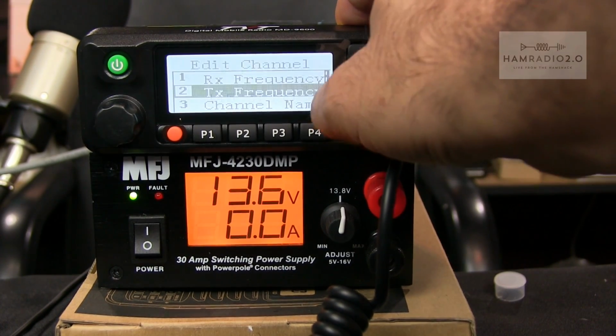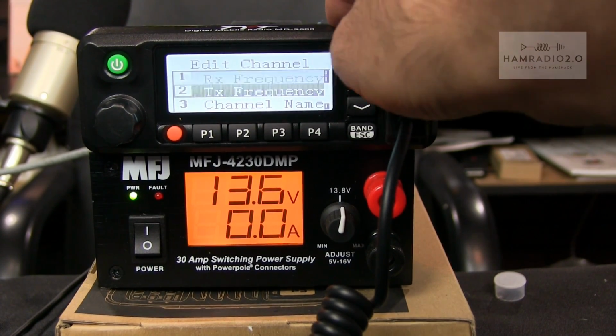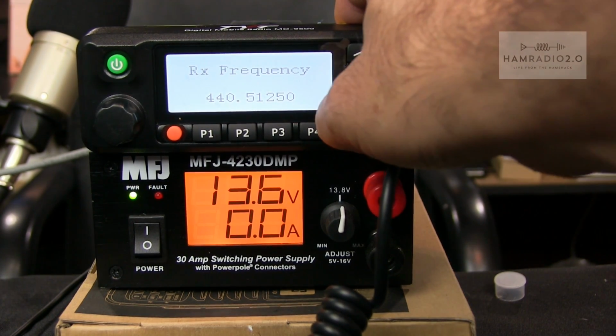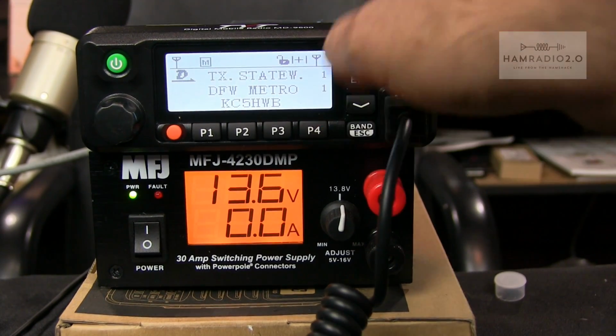Yeah, these are correct. So if you go in here to your program radio to a previously programmed channel and these frequencies on UHF say 450.0000, that means you're locked. That means it's locked to the FCC standard. So all you do to get rid of that, I should say,